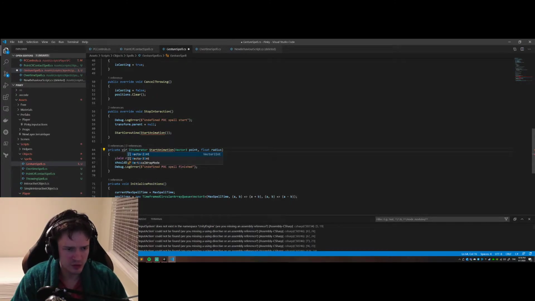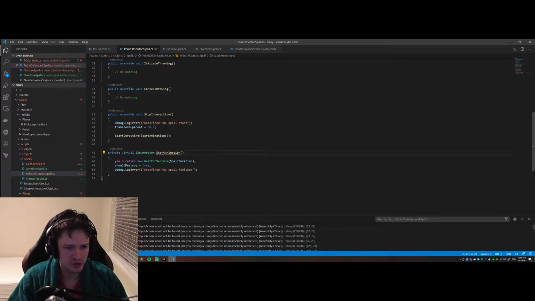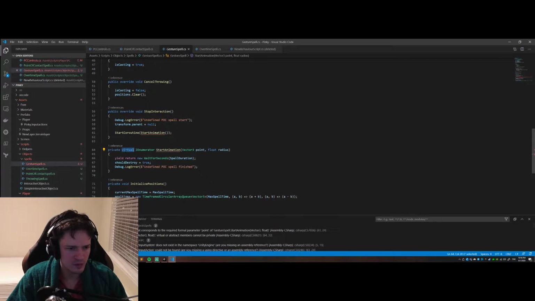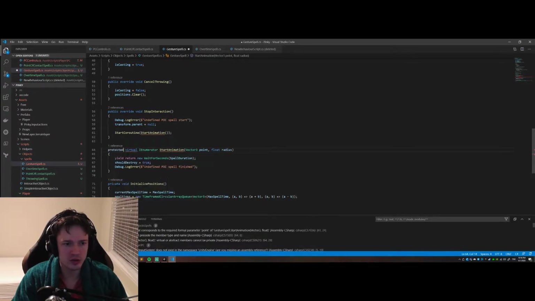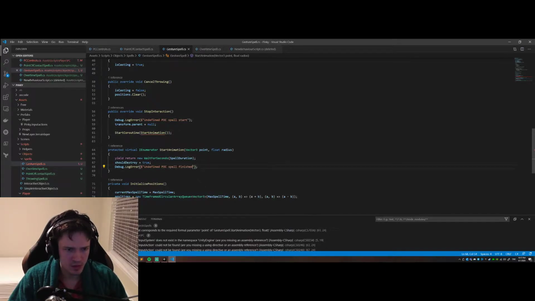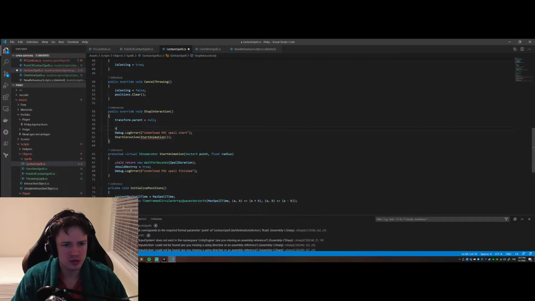private virtual enumerator. Yeah, this is better. And here the same, virtual. No? Cannot be, oh yeah, sure. Protected. Yeah, here, protected. Protected means that it's not publicly available, but it's available to anyone who will try to inherit from this one. Here, let's do this. And there's 3. So